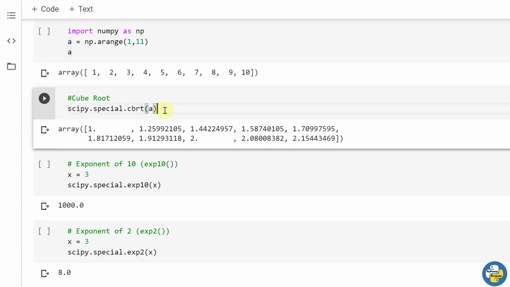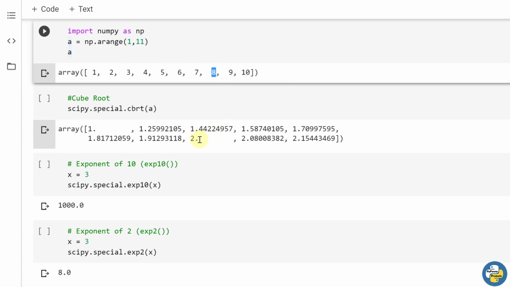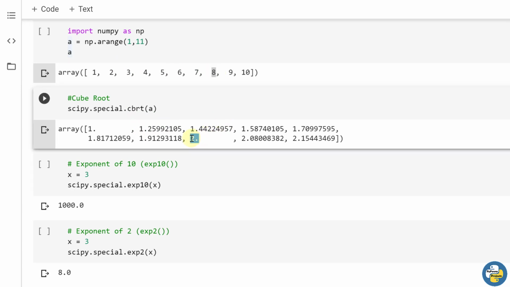So for cube root, you can use this particular function scipy dot special dot cbrt, and you have to pass an array or a particular number in argument. It will return cube root of a particular number. So here cube root of 1 is 1, cube root of 2 is 1.25 and so on. Cube root of 8 is 2. So here cube root of every element of array is generated.